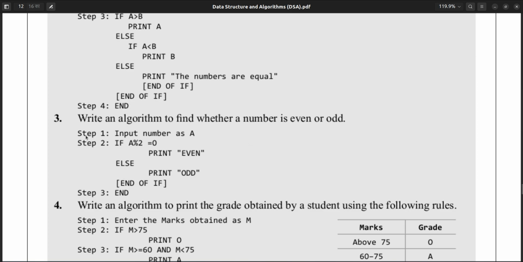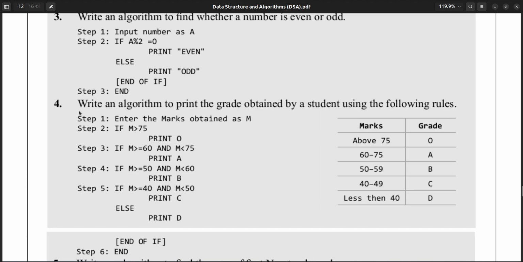At the first step we take input number as a. In the second step we make a comparison: if a mod 2, which gives the remainder, is equal to 0, then print even, else directly print odd, and end of if. After that we end the algorithm. Simple. Next, the fourth one,